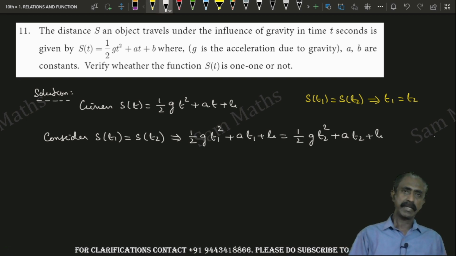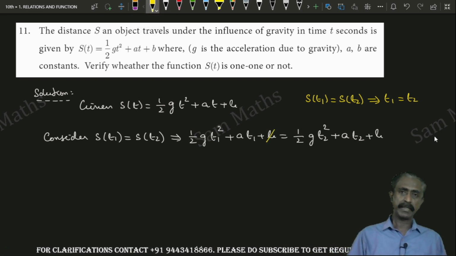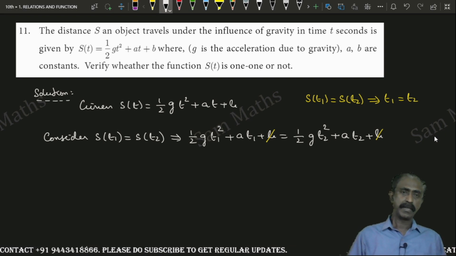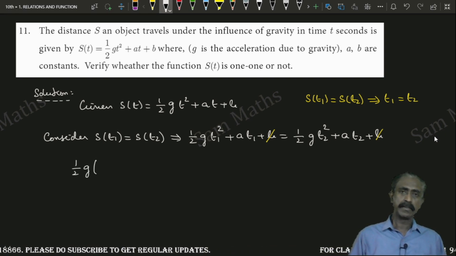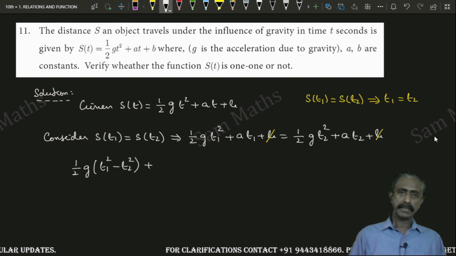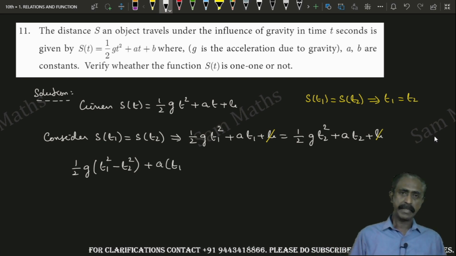Here we can cancel the b terms. Okay, children. After that, you have to group the terms. I am taking half g terms together, that is t1 square minus t2 square plus you group a terms, that is a into t1 minus t2 equal to 0,